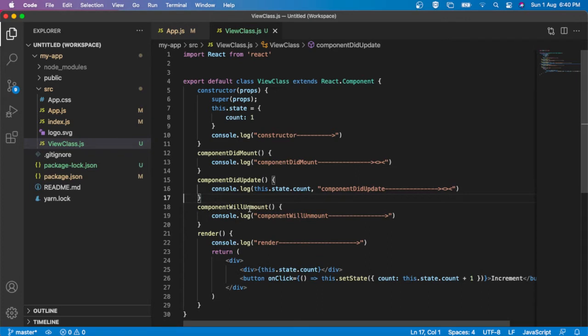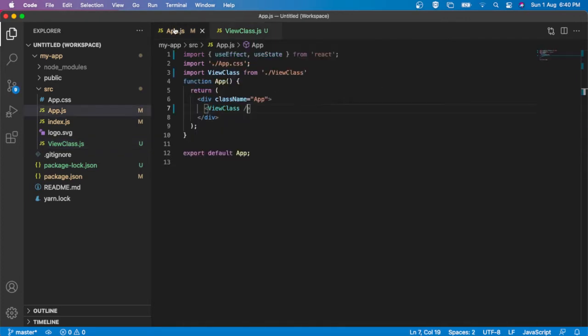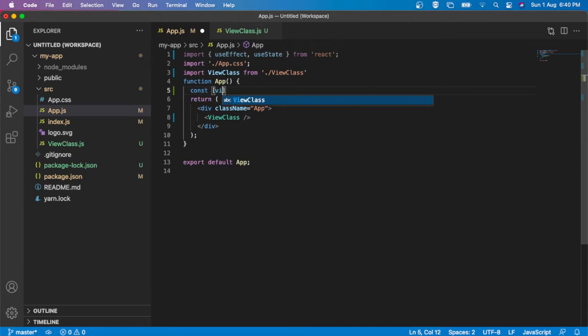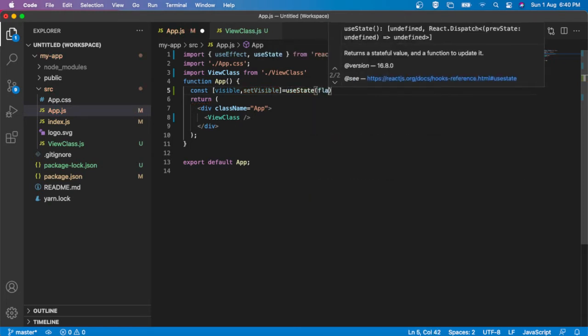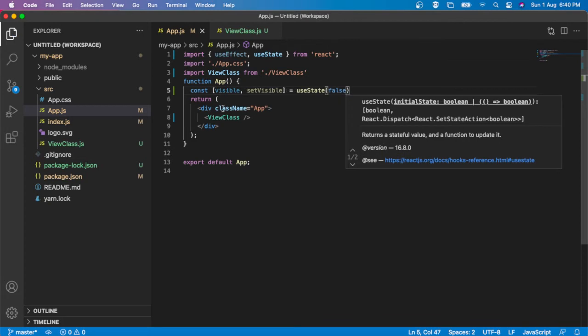Now I have to call componentWillUnmount. For that, I am going to create a hook here, const visible, setVisible for updating the value of visible, using useState. We pass the value false, so initially visible is false.